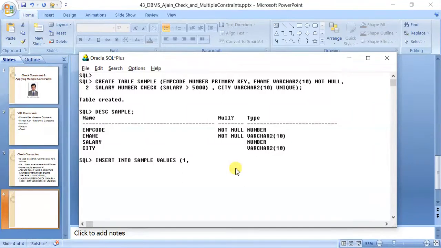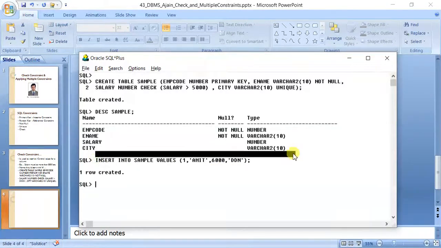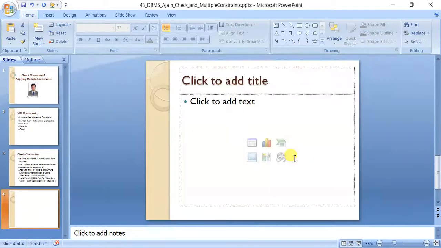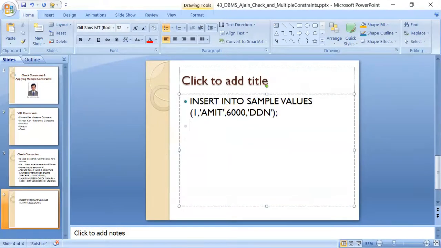First is employee code, then let us take name, then salary, then city. As you can see, this is the first record and all the conditions are matching, so this will be entered.